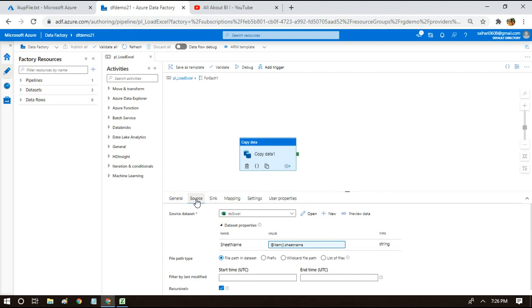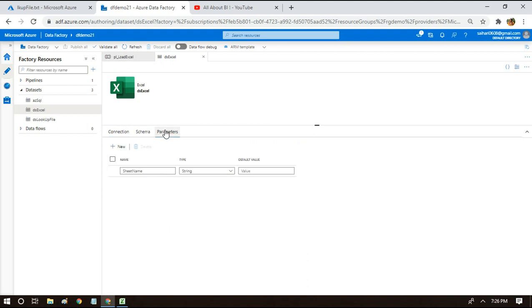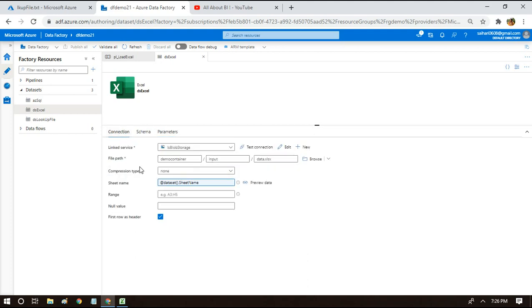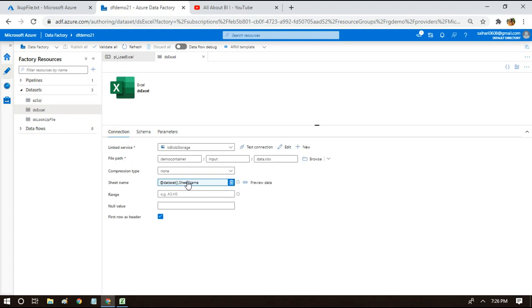So for that, if you go to the data set and open it, you will understand that we declared a parameter for sheet name and used the same parameter in the connection, in the sheet name property. For Excel files you will have a property called sheet name, wherein we have added the parameter that we have declared here, because the sheet name is going to differ at runtime. That's why I have made it dynamic.